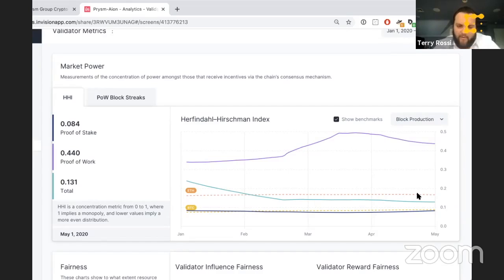Yeah, definitely. Well, for starters, I think the level of decentralization that this HHI score shows for Aeon is really encouraging. Mainly that's because, and this is related to our own thesis on investing in the space, we see decentralization as the foundational property for all of these systems. Oftentimes people in the industry talk about decentralization like it's an end in itself, but really it's not. Decentralization is what produces these unique properties involving trust and transparency and censorship resistance, and all